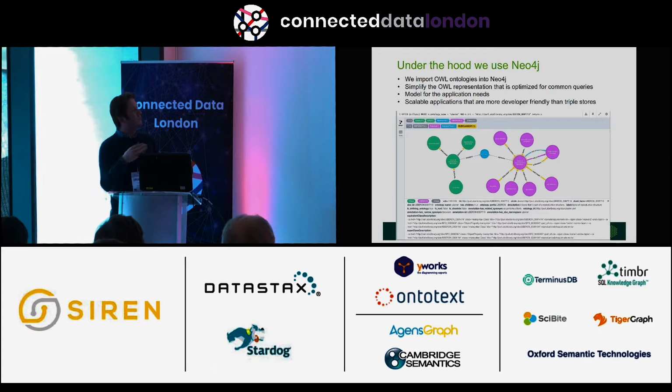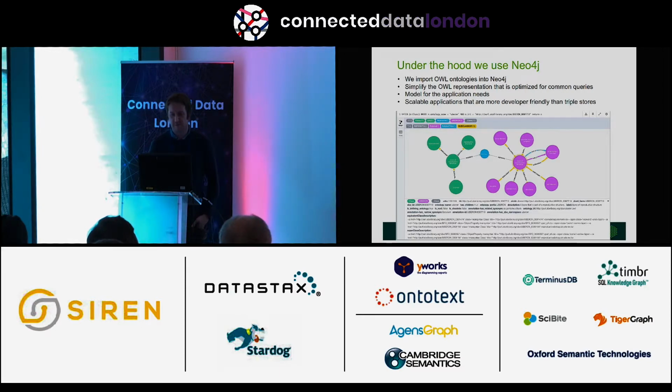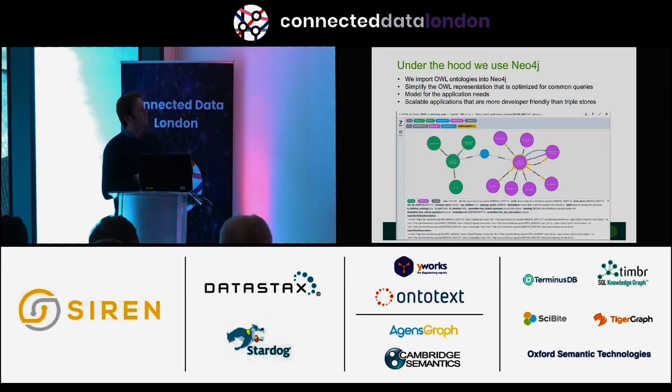I'm going to just switch gears a bit and go now into a bit of the underlying technology, if people are really interested in how OLS and OxO run. So about 6 years ago, I think, when we first got introduced to Neo4j, we thought this would potentially be a nice back-end database to store all these ontologies. It seemed like a natural representation. So at the time, we built our own importers for OWL into Neo4j. These were generic importers, and we really focused on collapsing the OWL representation into a simpler graph that's optimized for most of the common queries, so getting all the ancestors, computing the transitive closures across these ontologies.